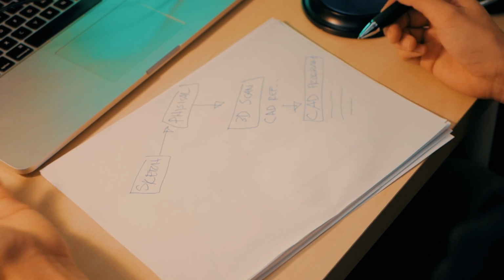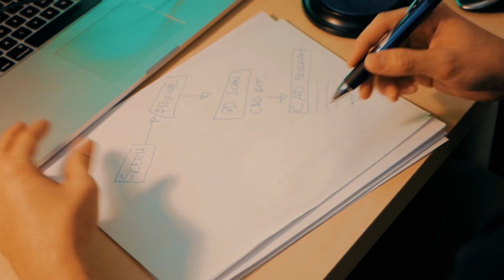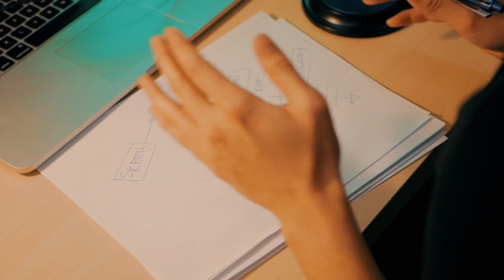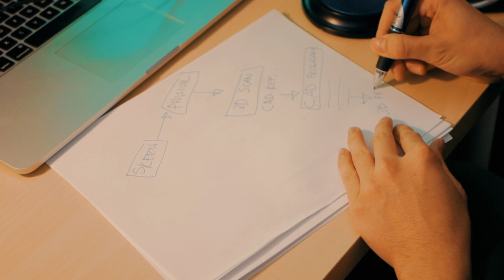So you start building the thing as you would a normal product. And then once you have this, you'll 3D print it. I don't even know why I did it like this, guys. Again, it's really hard to talk and to sketch and draw at the same time. Then you 3D print it